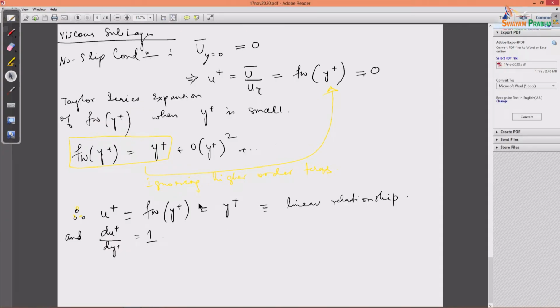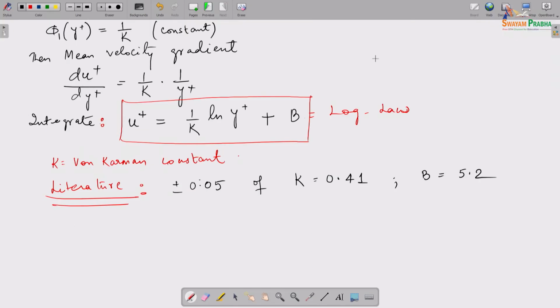So this y plus, if I come very close to the wall and at high Reynolds numbers, what I find is that there's a relationship between u plus and y plus, which is basically a linear relationship. Now this is in the viscous sublayer, right? And du plus dy plus is equal to 0. So this is something we had done for the viscous sublayer, and now coming here, this is for the log law, and this is the region where,